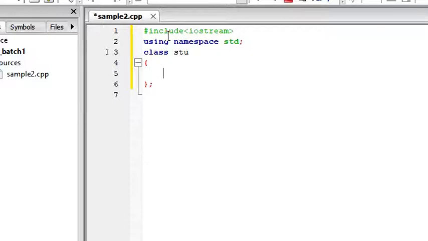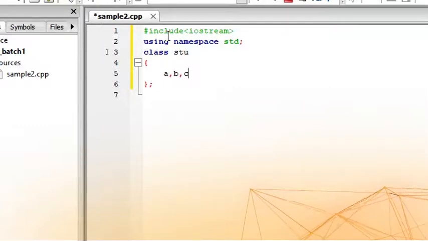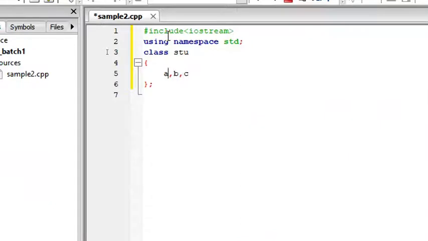Alright. We are going to deal with three variables here. I am going to get two inputs from the end user, and these two values are going to be added and stored in the third variable. So I am going to use A, B, C. A and B will be the two inputs, and C is going to store the addition value of A and B. Now we have to mention the return type. It's a very important one. We are going to deal only with integer. We are not dealing with float or double values. So I'm saying int space.